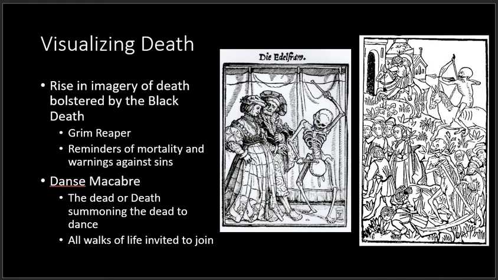In the aftermath of the disease, we see several major changes in Europe. Already on the rise, images of skeletons and death rise in number in the wake of such high casualties. Although associations with time and with a sickle or scythe predate this period, the growth of a consistent image of death begins. Here you can see, among others, a woodcut depicting a skeletal figure mowing down people with a scythe. The indiscriminate, sweeping cuts of a scythe are a perfect representation for how the plague struck, fast and merciless. These images exist in part to remind people that they are mortal and that the pleasures of sin, especially wealth, are all too ephemeral.